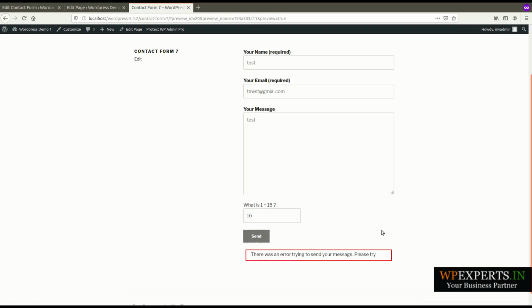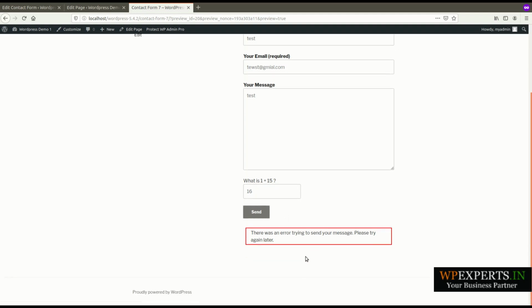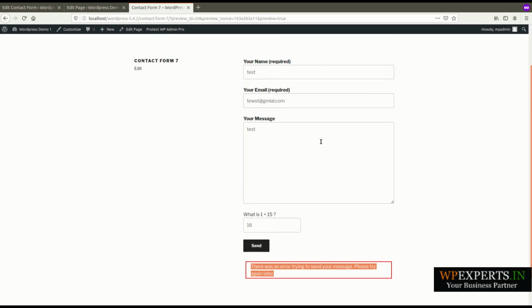Yes, you can see that my form is successfully submitted to admin. As I am using this on my local system, mail is not going to any admin, so that's why it's showing the error. But basically my form has been successfully submitted.